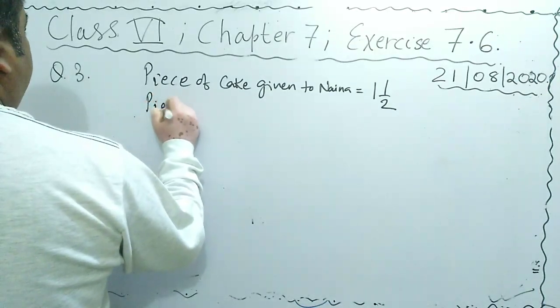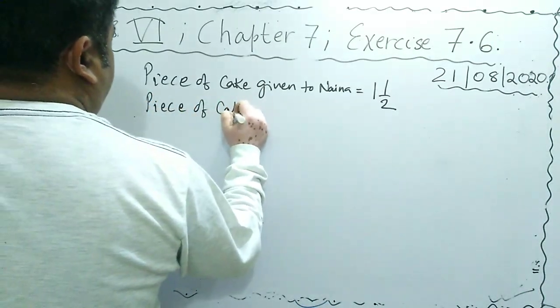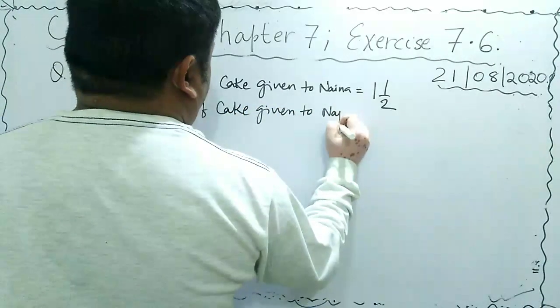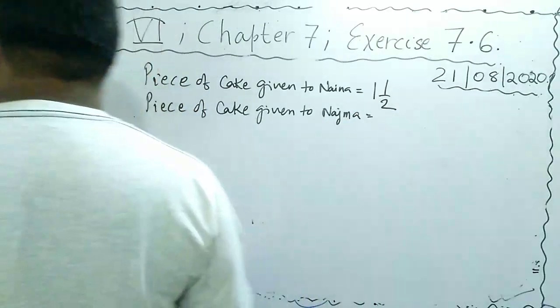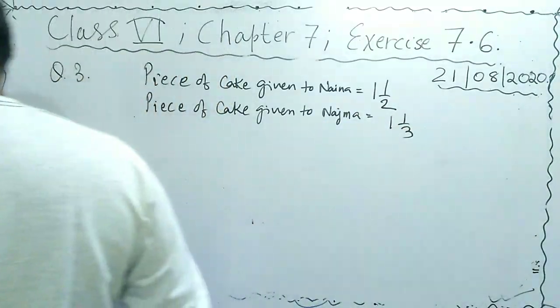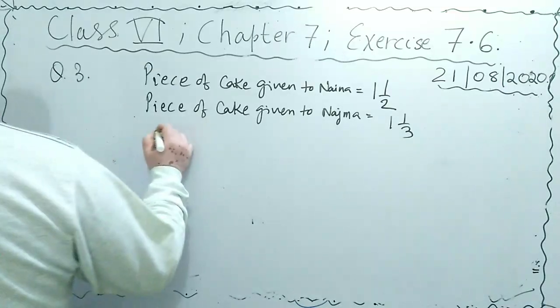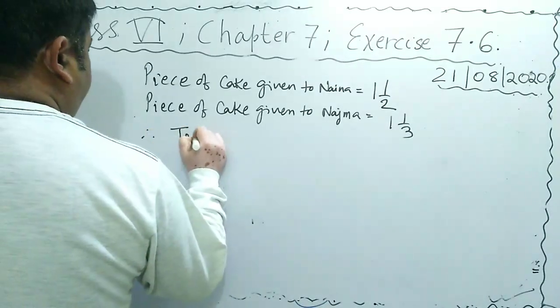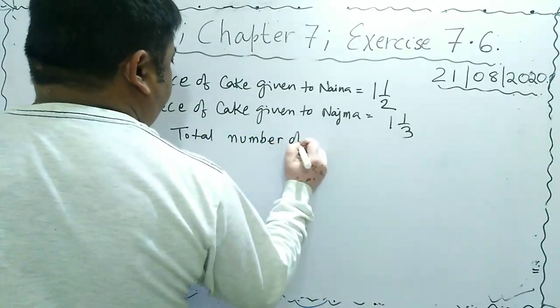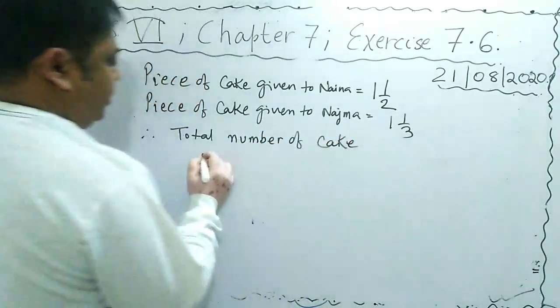Piece of cake given to Najma is equal to 1 by 3. Therefore, total number of cake given to both,